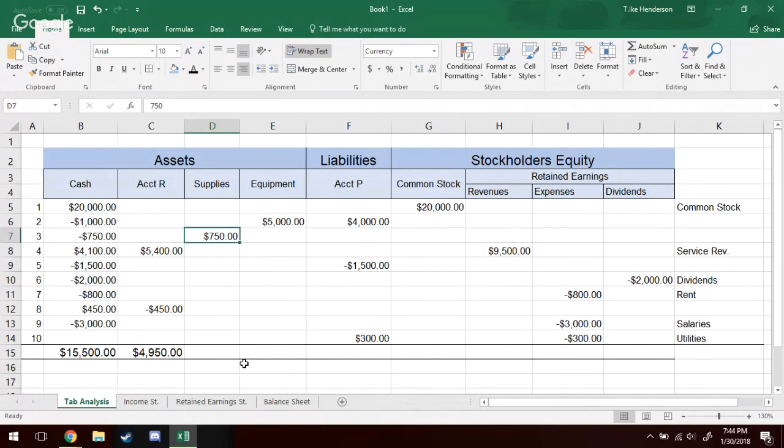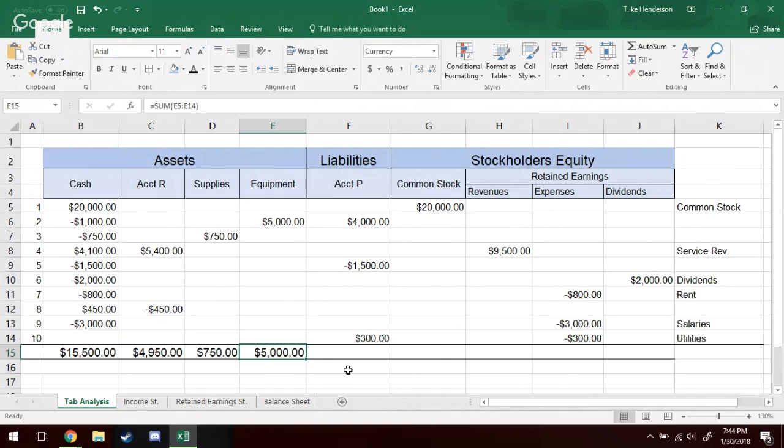Supplies is straightforward. There's only one transaction that includes supplies, so we're just going to move it on down here, $750. Same thing with equipment. It'll be $5,000 in that account. So right there, we've completed all of our assets. Let's move on to liabilities, under our accounts payable